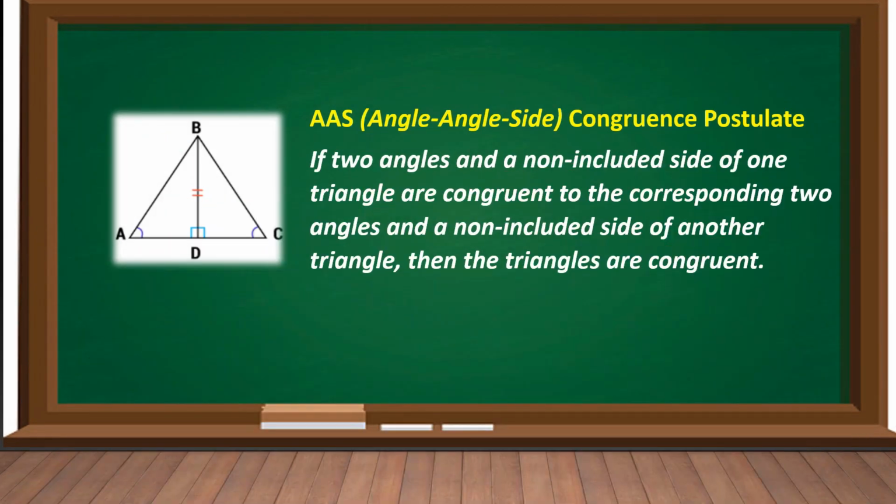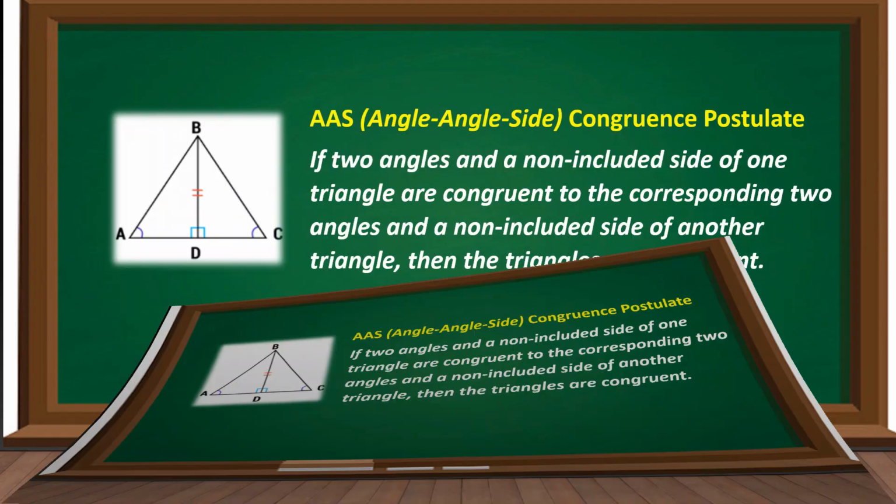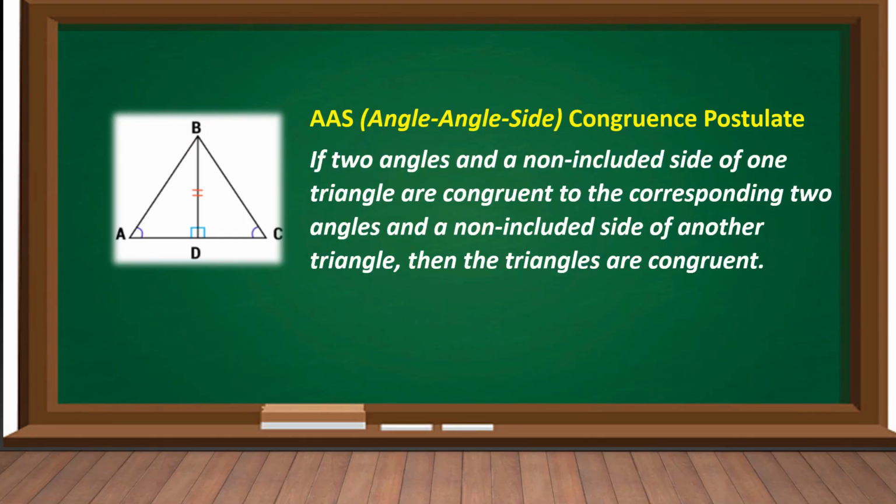In the figure, we have triangle ABC with an angle bisector, side BD, dividing angle B into two equal parts. So, forming two new triangles, we have triangle ABD and triangle DBC. In this figure, we have angle ABD congruent to angle DBC and